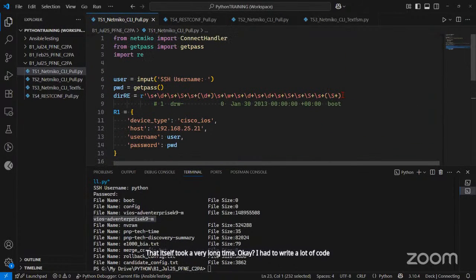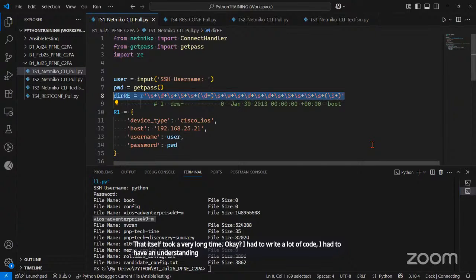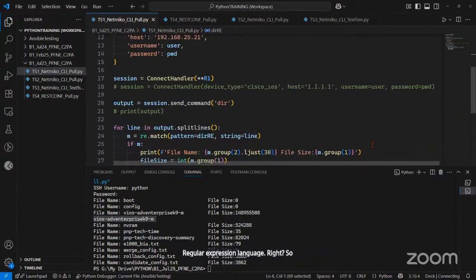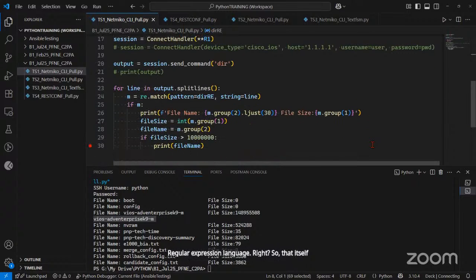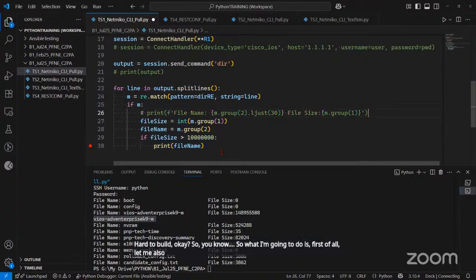I had to have an understanding of the regular expression language, right? So that itself took a lot of time. Other than that, I was pretty good, right? The logic itself was not that hard to build. Okay, so what I'm going to do is, first of all, let me also show you that if I